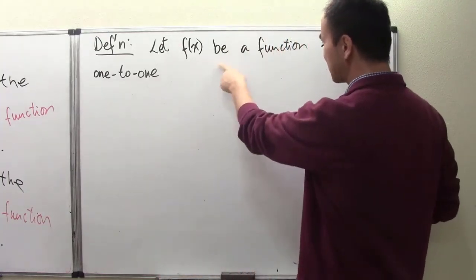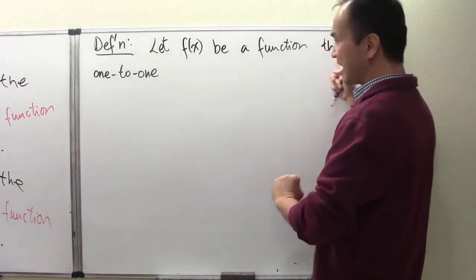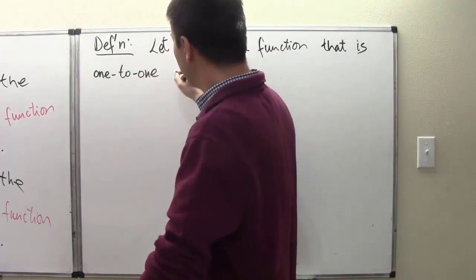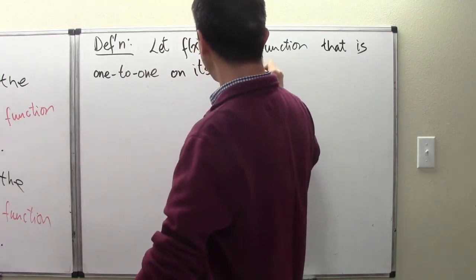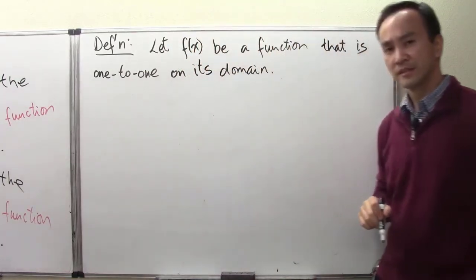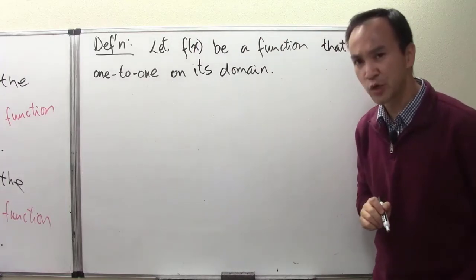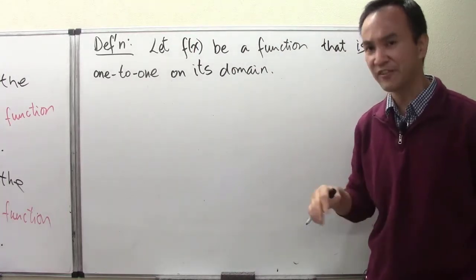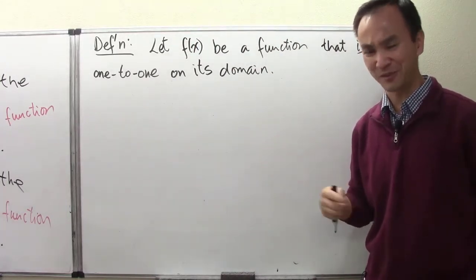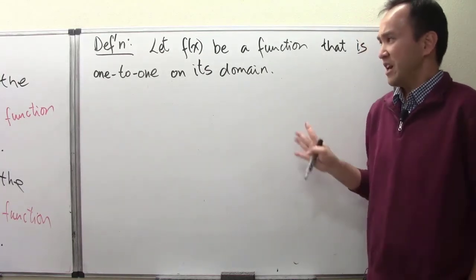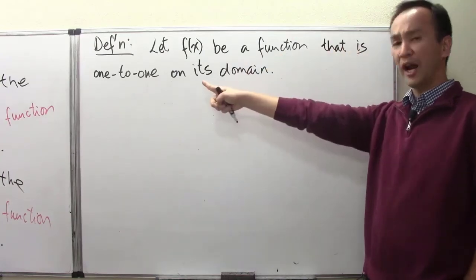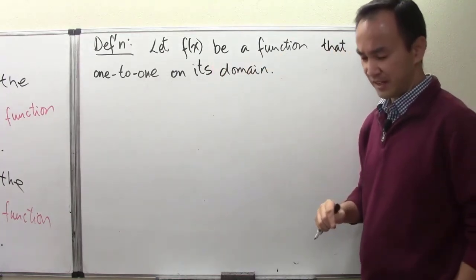So let f of x be any function that is known to be one-to-one on its domain. See, I also talked about domain earlier. So right now we just need to keep this as a crucial requirement before we even shop for inverse functions, before we even recognize an inverse function. So let f of x, any f of x, be a function that is one-to-one on its domain. Okay, then now